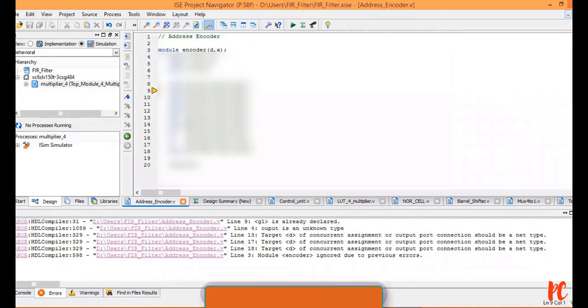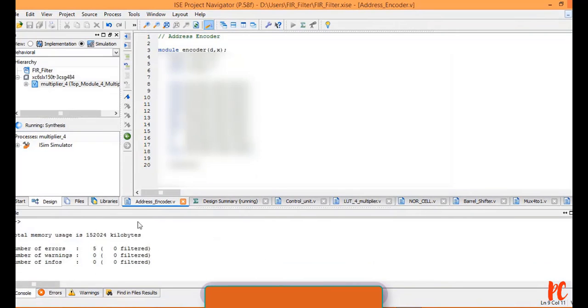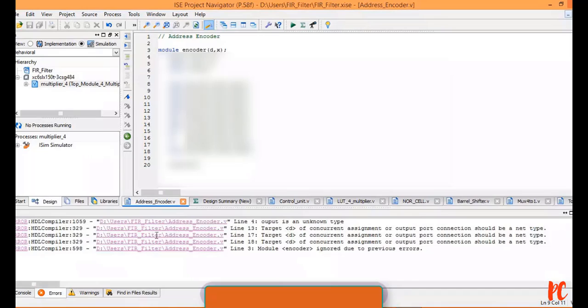There are errors. G2. Now let me rerun it again. There is one more error here, which is an output.